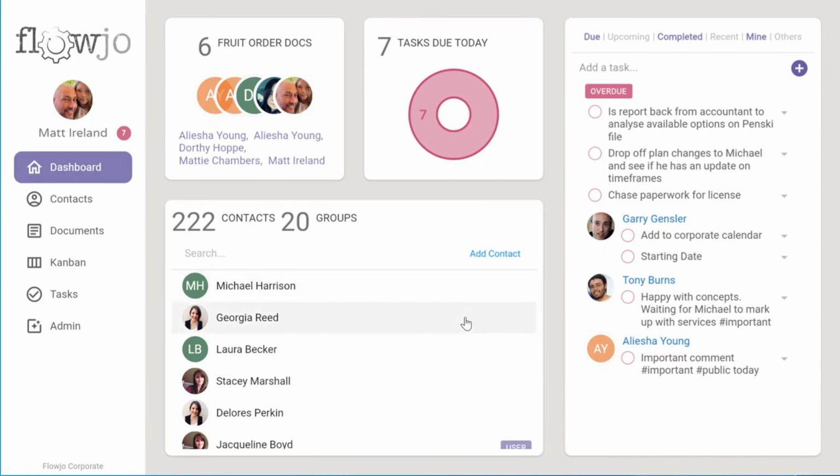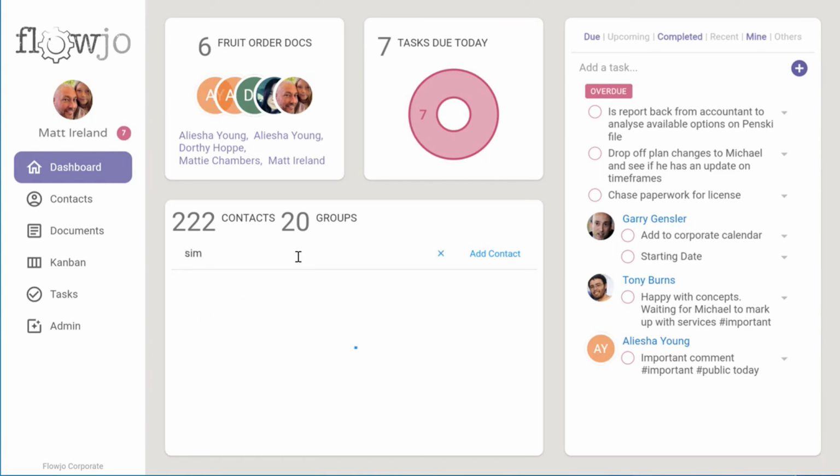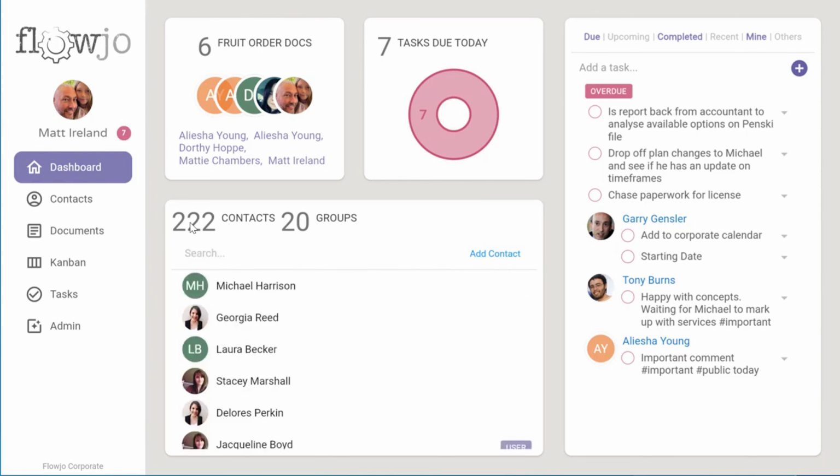In this video, we're looking at contacts in Flowjo, which are the people that you're working with, either clients or business contacts. And contacts, you can see there's a preview of them on the dashboard. You can do a search, so you can put something in and find a contact and click to go into it. You can add a contact from here, but if you're going to be working with contacts, you can click